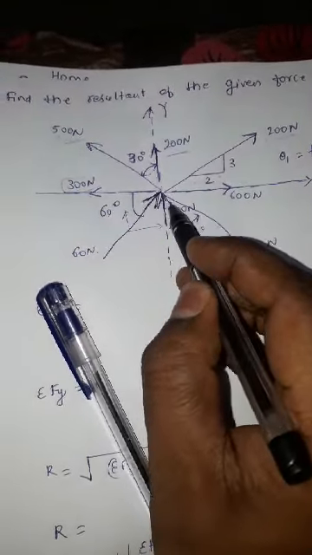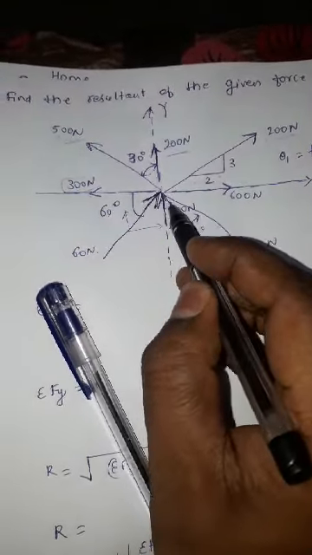Now coming to this 60 Newton force, again it is an inclined force, so resolve it. जिसके साथ एंगल बनाता है वो क्या रहेगा, इसके साथ एंगल बन रहा है कितना, 45 बना रहा है, तो it will become 60 cos 45. And it will become 60 sin 45. Also there is another force, that is 600. It is horizontal, so I am keeping it as it is.